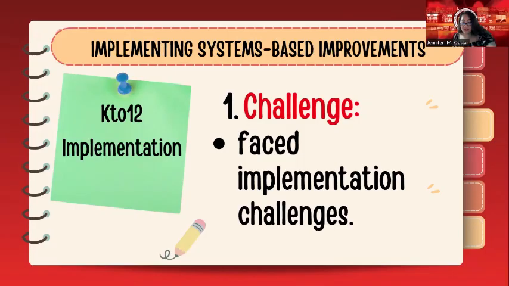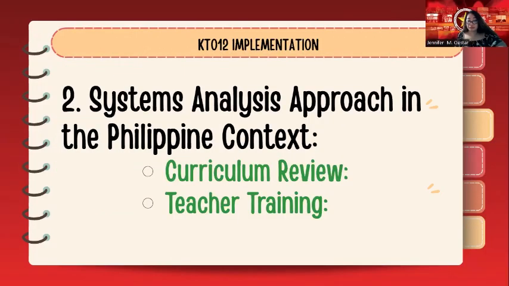So for the systems analysis approach, one thing we can do or the one being implemented is the curriculum review, regularly reviewing and updating the curriculum to ensure it meets the needs of students and the demands of the job market. Teacher training, providing teachers with the training and resources they need to effectively implement the curriculum since we are having already the revised K-12 curriculum